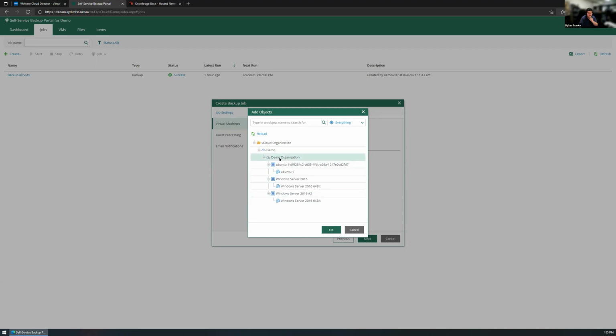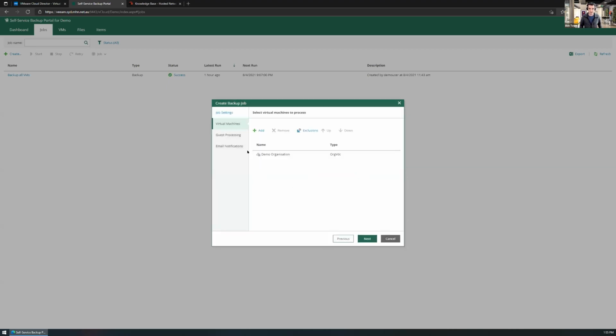Yeah, because if you select the VDC level, it will detect that you've added a new VM and automatically add it into the backup for you. Yeah, automatically, right? And then if you've got your email notifications going to your ticketing system or your backup monitoring software, it'll fire those through to you, and so you can monitor them all yourselves. Yep. I should point this out because we do have a few partners on here. I do see far too often that email notifications aren't set up. That people create jobs and don't do this. Maybe they come back to it later, but it is important that you do this.